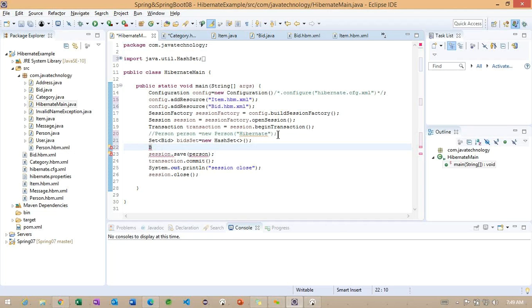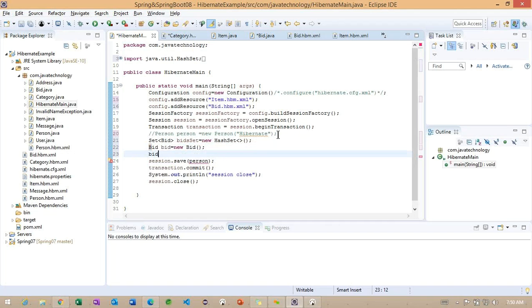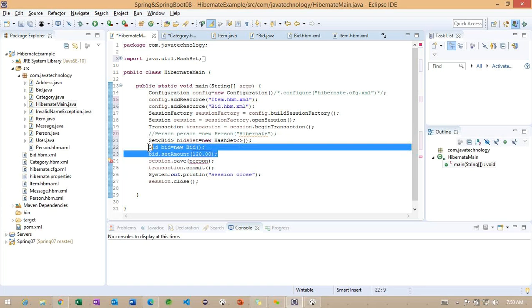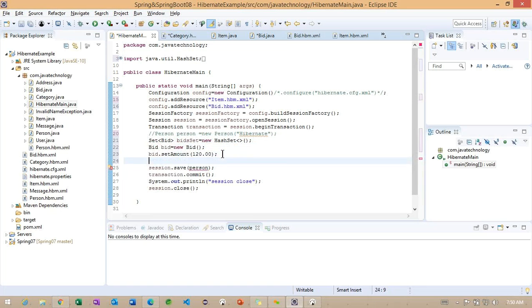So to create bid, and bid.setAmount, the amount here, something like 120 I want to specify. Getting the point? 120 I want to specify. Later, two records I'm creating. 140.